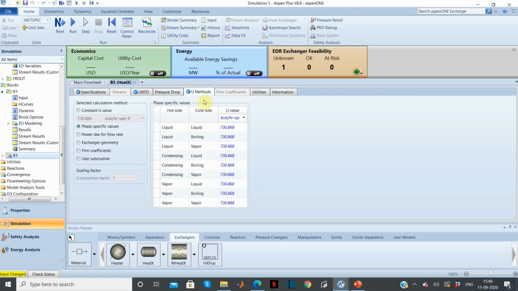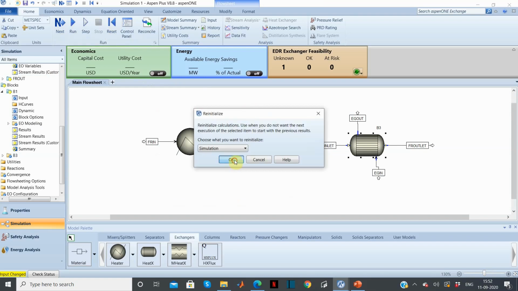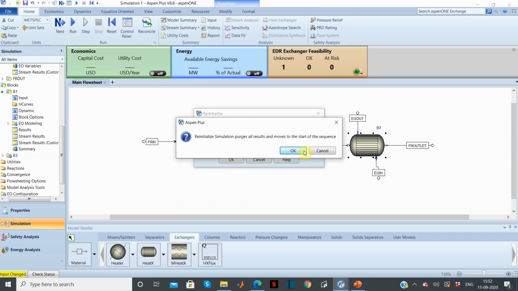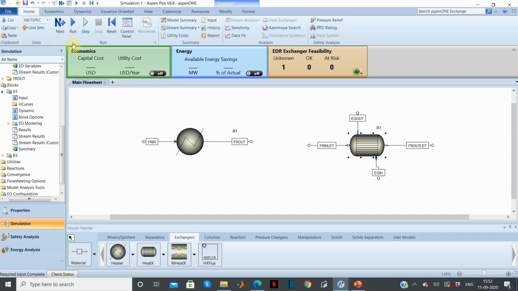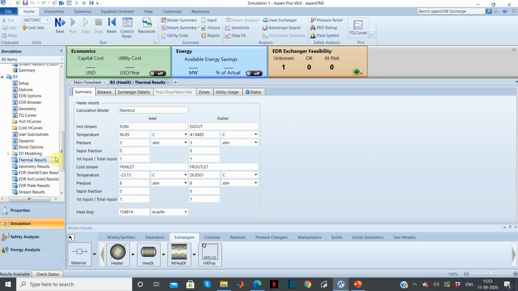Under U methods tab, select phase specific values for selected calculation method. Since all the inputs are complete, now we will run the simulation. Just reset and click on run. Now go to block B3 and select thermal results.